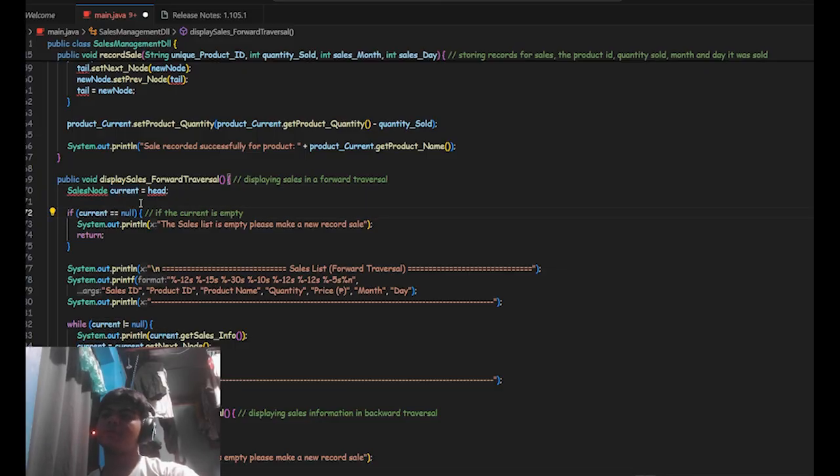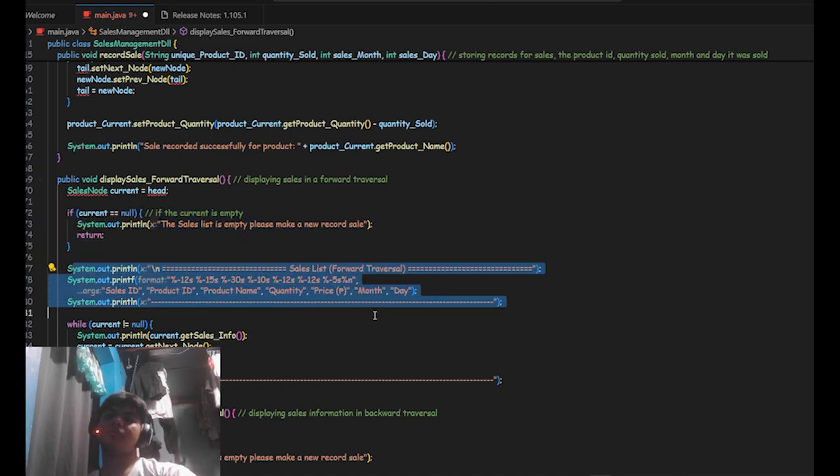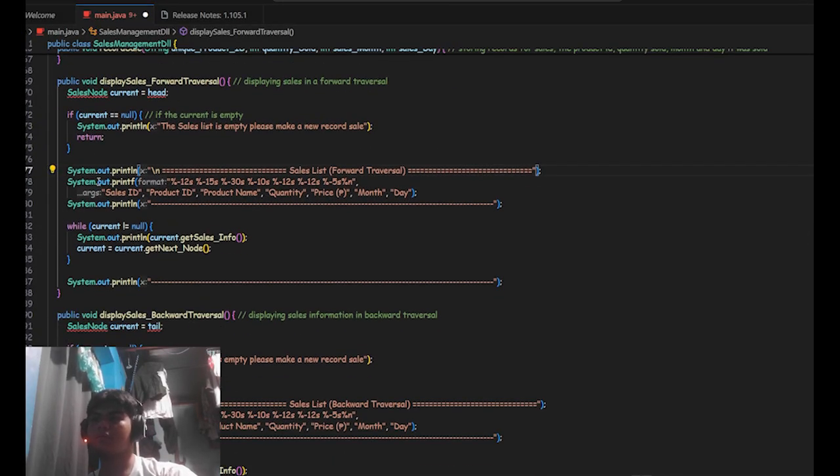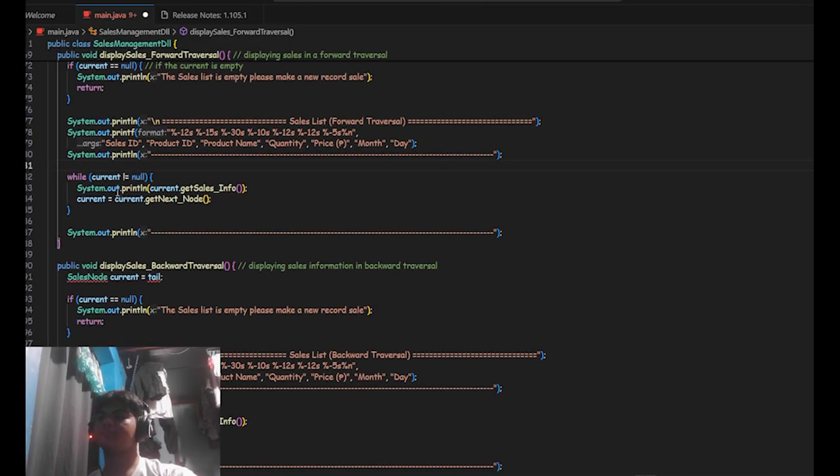Then if current is equal to null, then we will print the sales list is empty. Please make a new record of sale. So this will only run if the current is empty. Then we will create this for layout purposes of the code, so it will look nice in the command line.